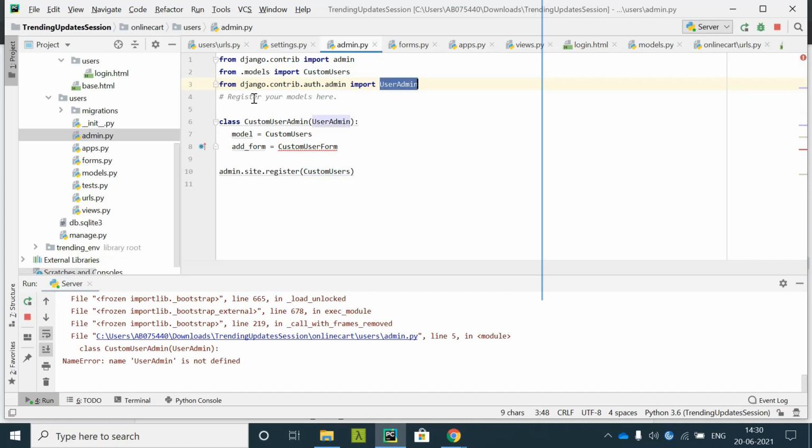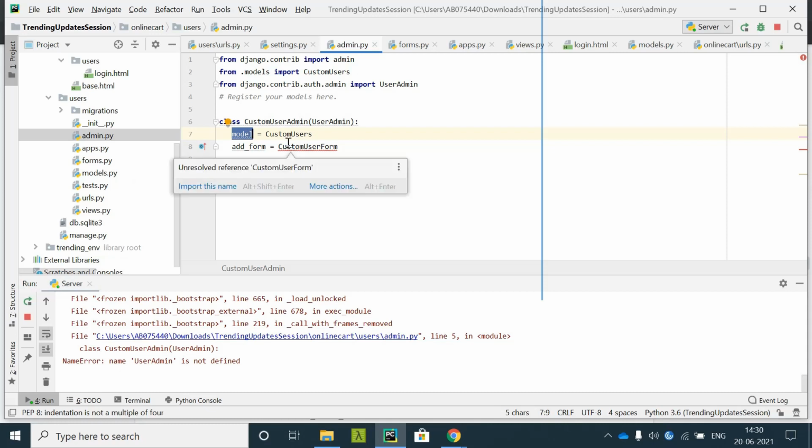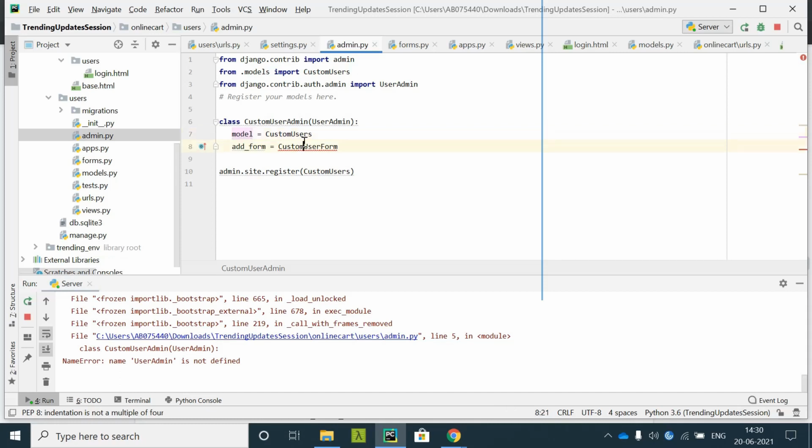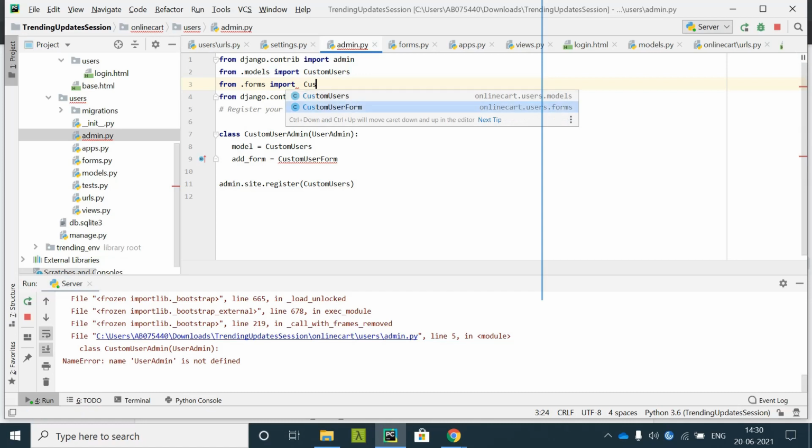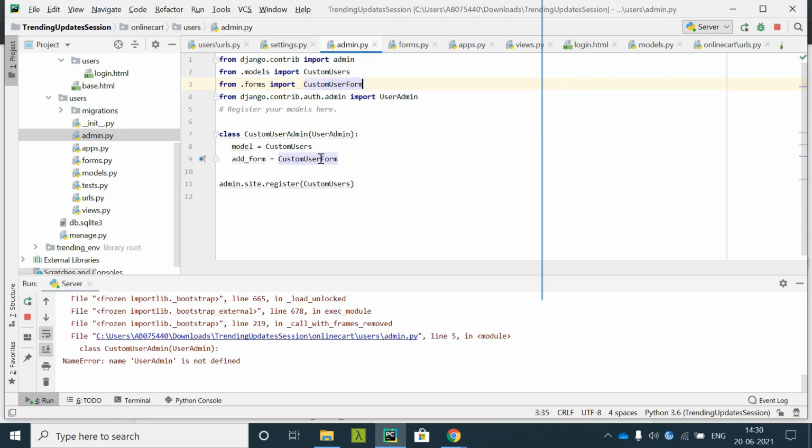So from the admin section we are taking this UserAdmin class, and to this class we are giving the model. By default the model will be User, and here we are modifying it so the model is equal to CustomUser, and then the custom user form. So we need CustomUserForm from .forms. The custom user form is displaying all the fields now.